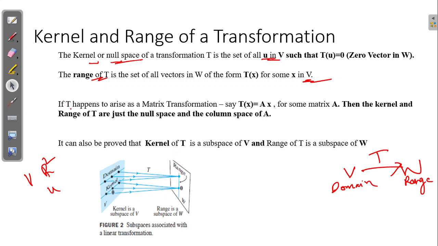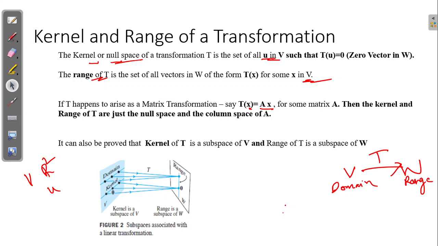Now, if T happens to arise as a matrix transformation, like T of X, the transformation of X is defined as AX, some matrix A times the vector in V, then the kernel and range of T are just the null space and the column space of A. Yes, that means